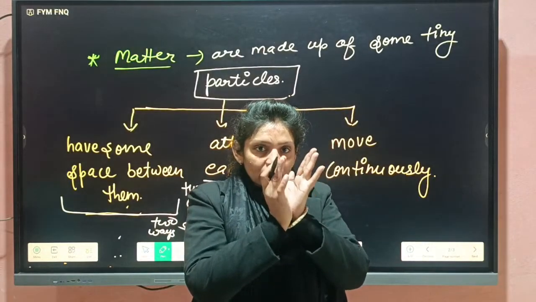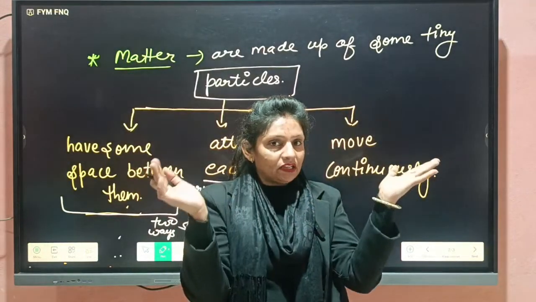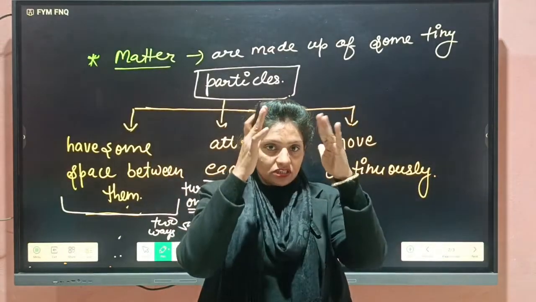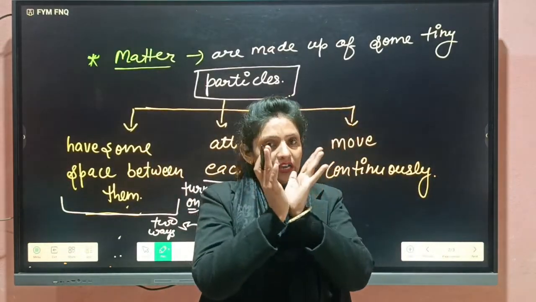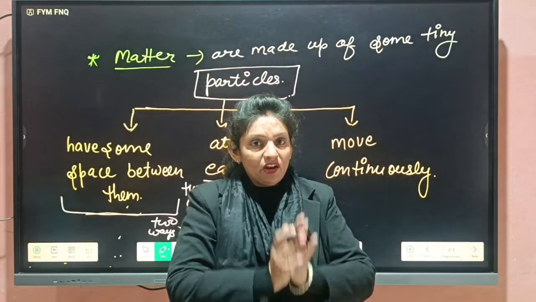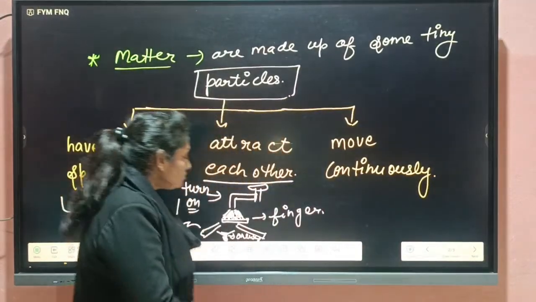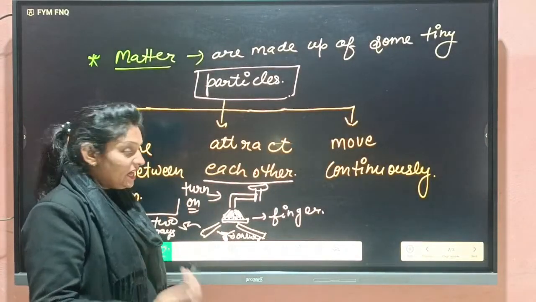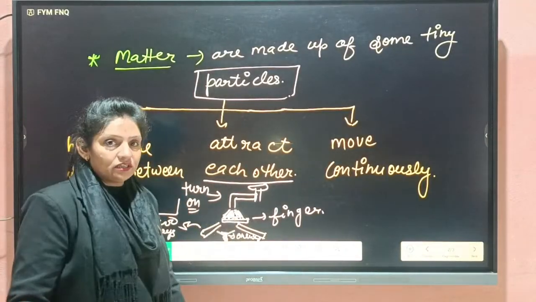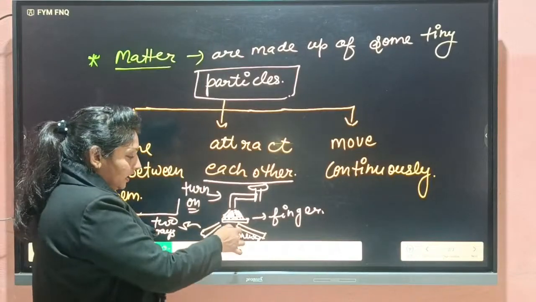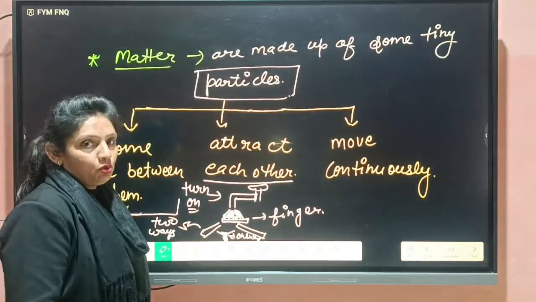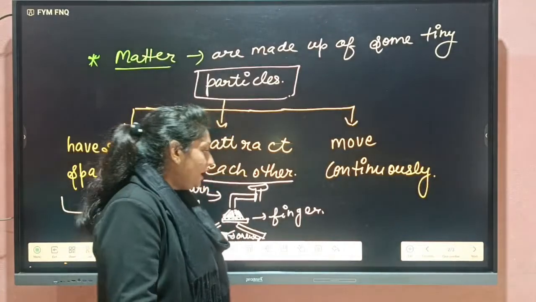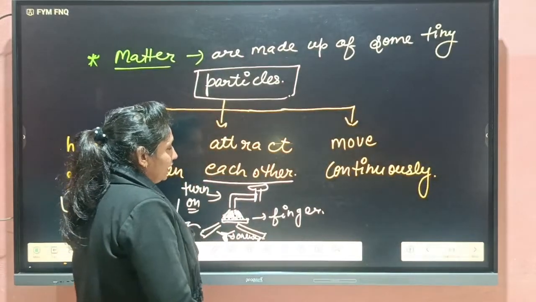Why? Because these particles, we had separated them, but after covering some distance, they start to flow again in one direction only. Why is it? Because these water particles have some force of attraction between them, and they are going to attract each other. That's why again they are flowing from one path only. Okay, and one more example you can take.